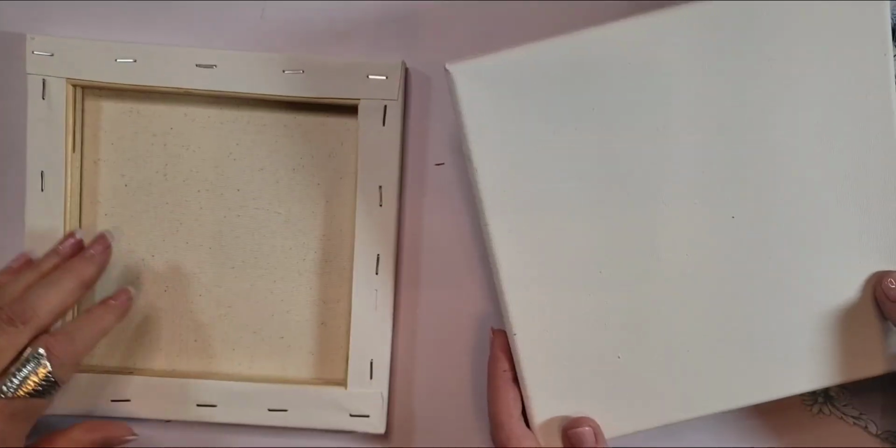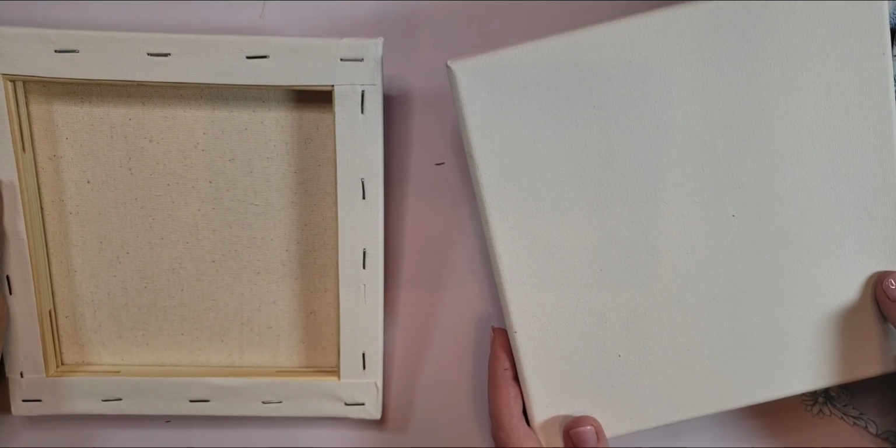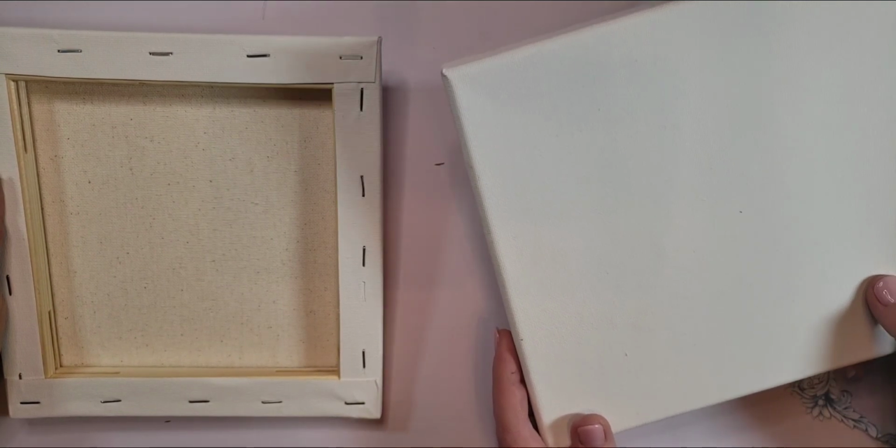And today we have a quick and easy project. It's going to be a shadow box, and you hardly will blink twice before we're done. Woo! So let's get after it. Our supplies are an 8x8 canvas, and we are going to use the back side for